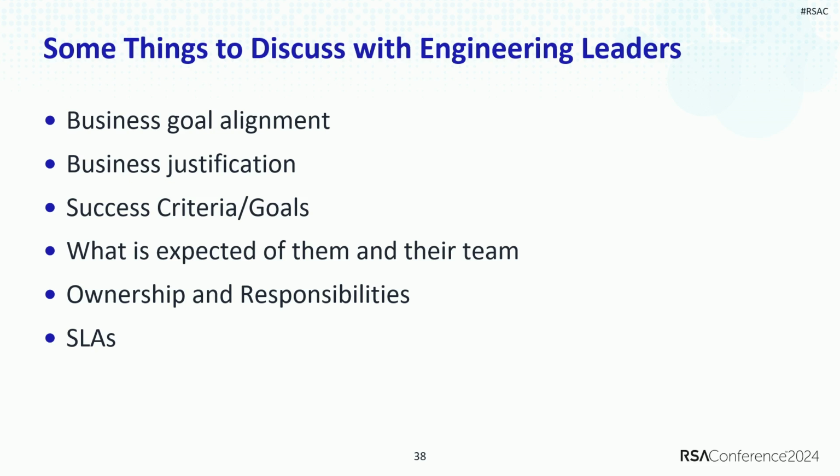And these are some things that you'll want to talk about, or the business leaders would like to talk about. So business goal alignment. When you're working with your CISO to talk to the VP of engineering, for example, you'll want to get their goals aligned with each other, get the CISO to explain to the VP or SVP, what have you, the particular business goal in mind that you think would align these 2 objectives of yours.